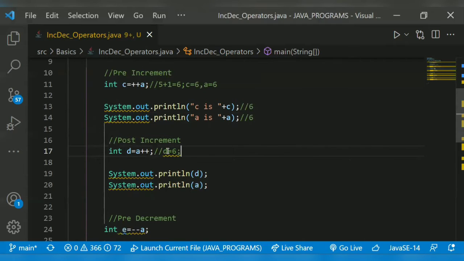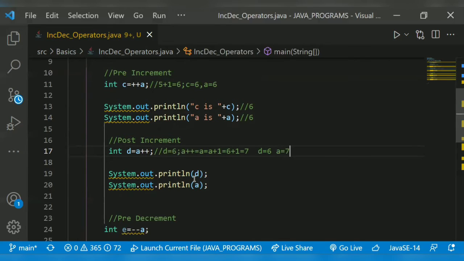Then a will get incremented. a++ means a is equal to a plus 1. So a is already 6, 6 plus 1 is 7. So d is equal to a, which is 6. First 6 gets assigned to d, then a will get incremented. So a is equal to 7.